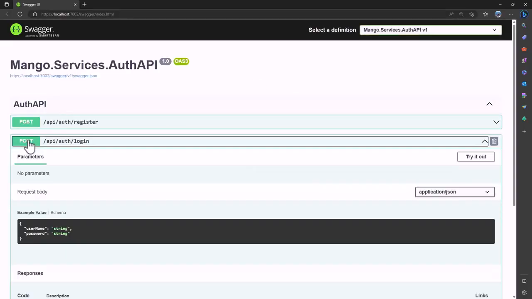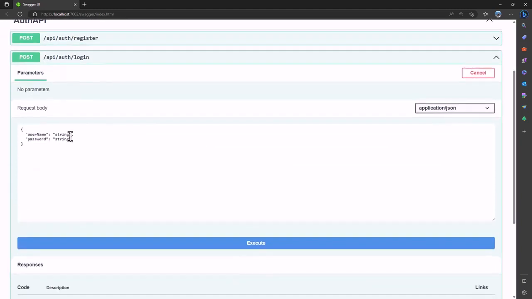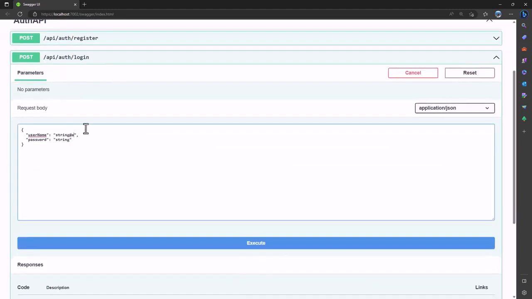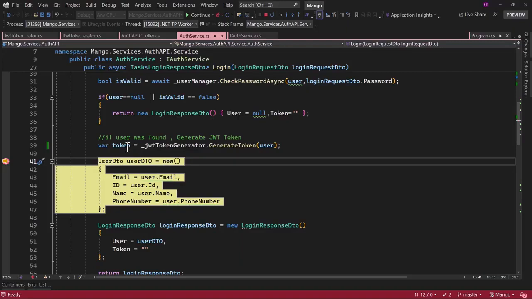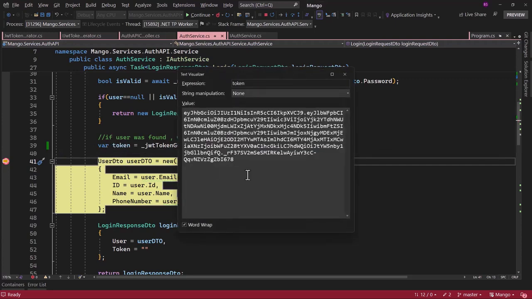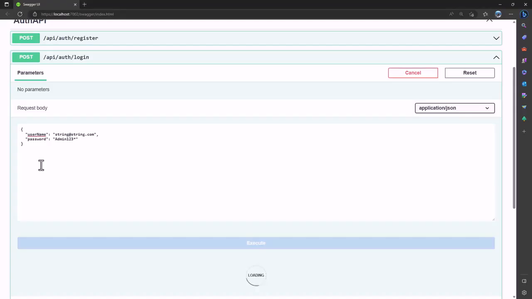Perfect, that works here. Let me try to log in. Let me enter my username here and password. And let me see. We hit our breakpoint, and if we examine, perfect. Something here has been generated and it is inside our token variable. Copy that, go back to the browser and open the website